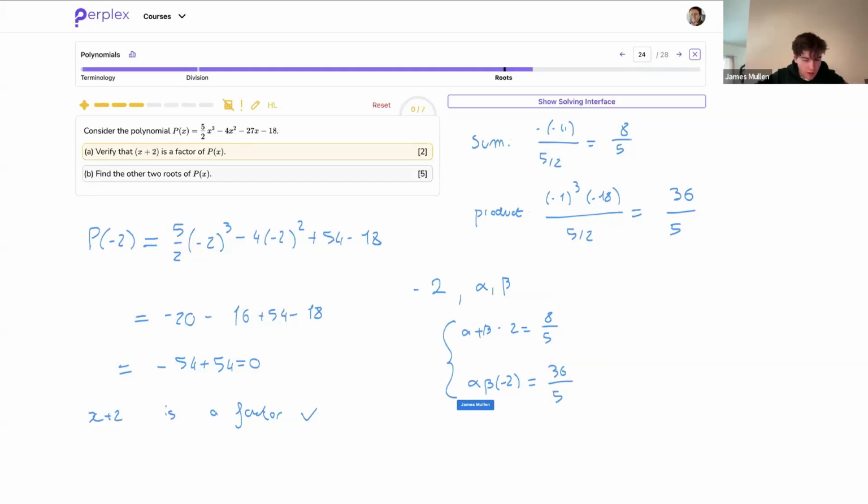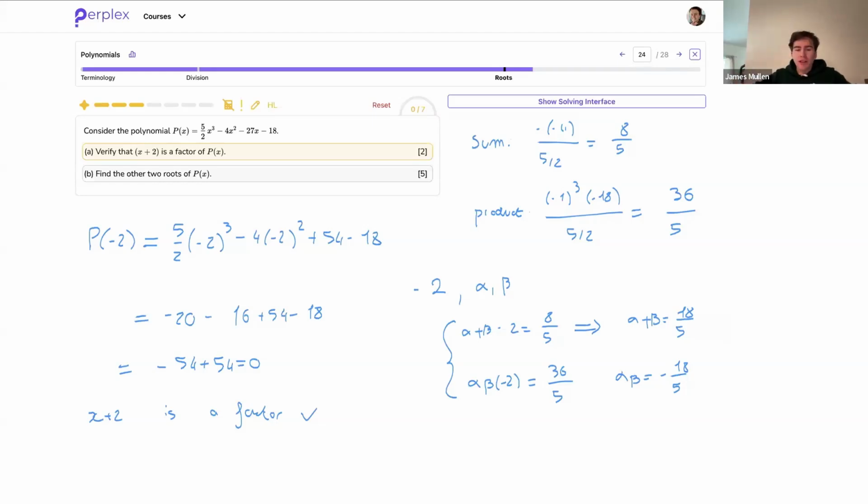Okay? That is pretty useful. Now, what can I say next? I have to solve this system of equations. I'm going to add 2 to both sides. Alpha plus beta is equal to 18 over 5. And alpha beta is equal to -18 over 5 if I divide by -2 on both sides. Okay? Now,